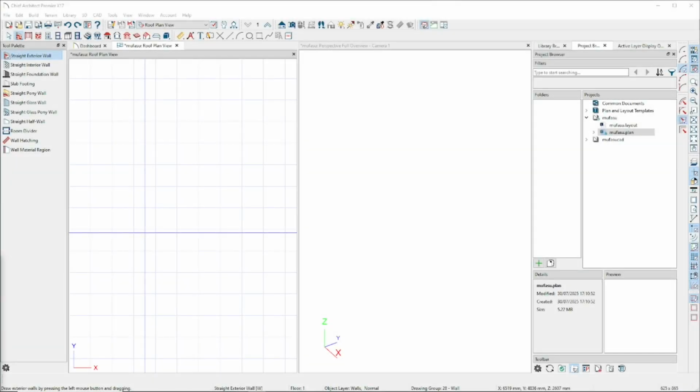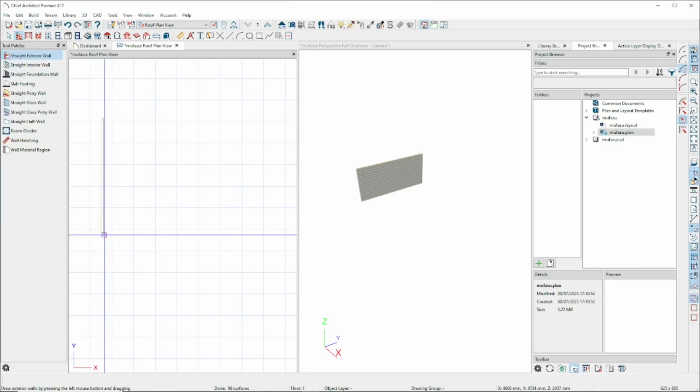Hello everyone, today we are going to learn basic Shift Architect tutorial: how to join roof plans. So for example, I will create a floor plan with this exterior wall. Okay, create a symbol